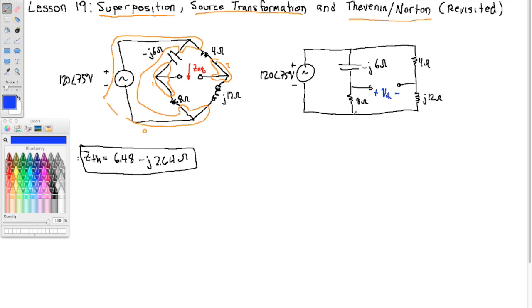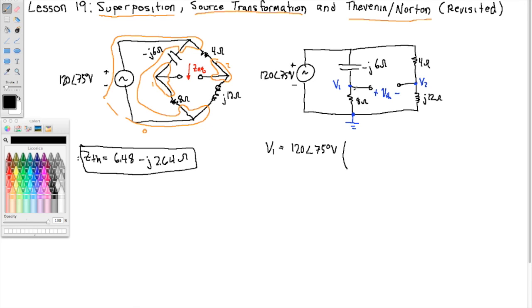Let me begin by making this ground, and let's call this V1, and let's call this V2. Now I can find V1 with voltage division, because notice the minus J6 ohm capacitor and the 8 ohm resistor are in series with one another. And I know the voltage across that series combination is 120 angle 75° volts. So V1, the voltage across the resistor, is equal to 120 angle 75° volts